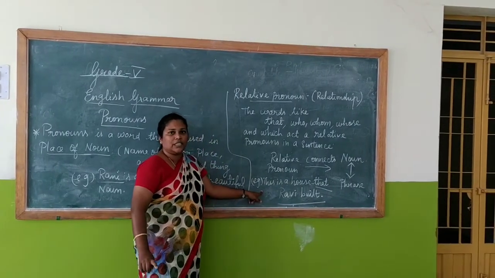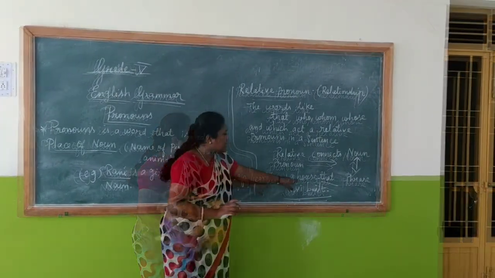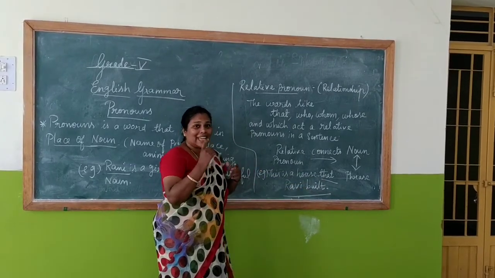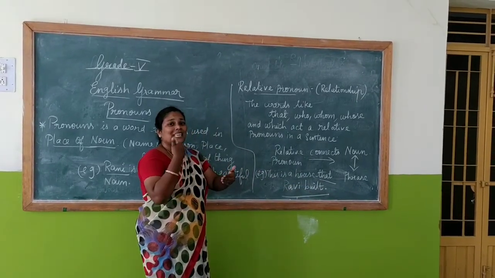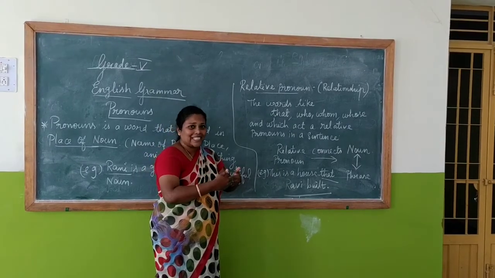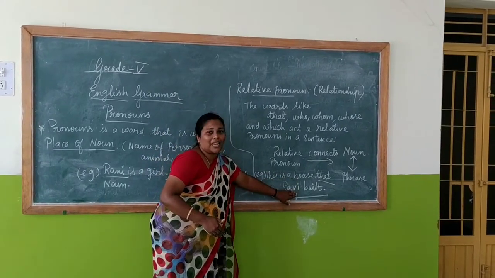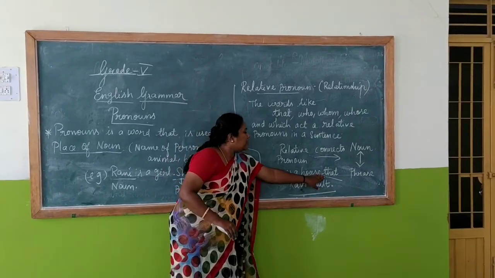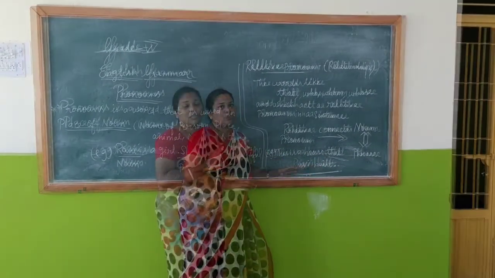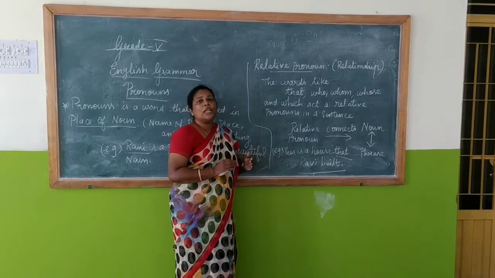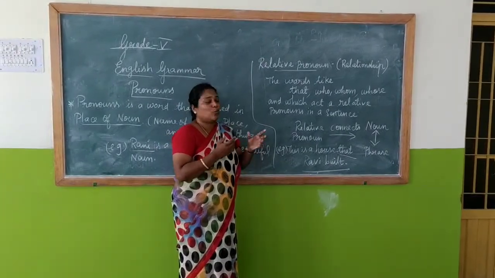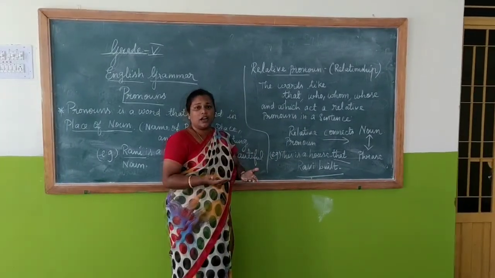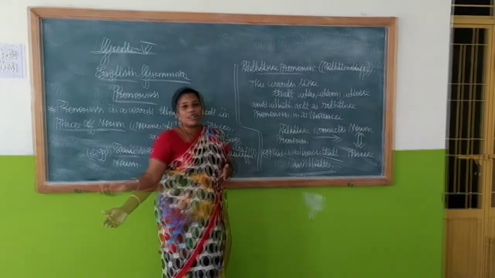See the example in this sentence. This is a house that Ravi built. Here, that is a relative pronoun that connects the noun and the remaining part of the sentence, that is the phrase. Relative pronoun words include that, who. For example, who: Rani is a girl who is a friend of Raji.